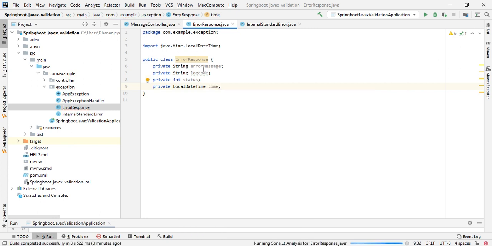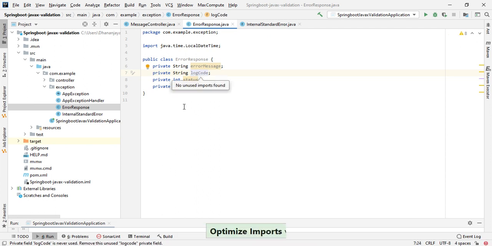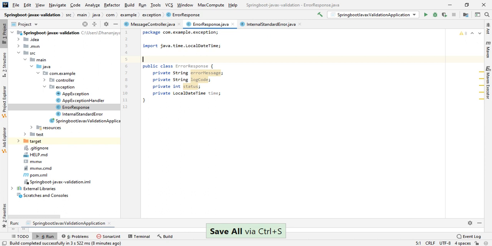Okay, these are the parameters we'll pass to give a meaningful error message to the user.